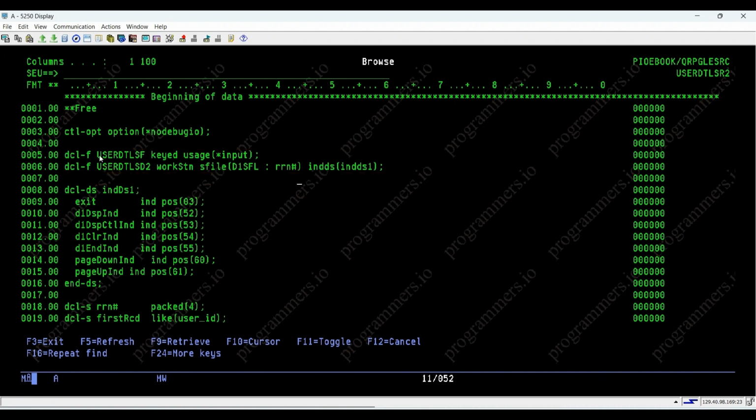USERDTLSF, the user details file. This file contains user details and is keyed for input. USERDTLSD2, the user details display. This is a workstation file with a subfile D1SFL, controlled by the relative record number RRN#, defining the